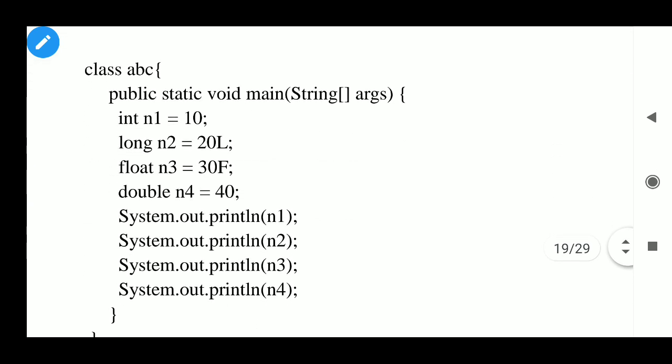This is a very small and easy program. n1 is assigned 10, n2 is assigned 20L, 30F is assigned to n3, 40 is assigned to n4. But types are different. Variables are of different data types. System.out.println we have printed.